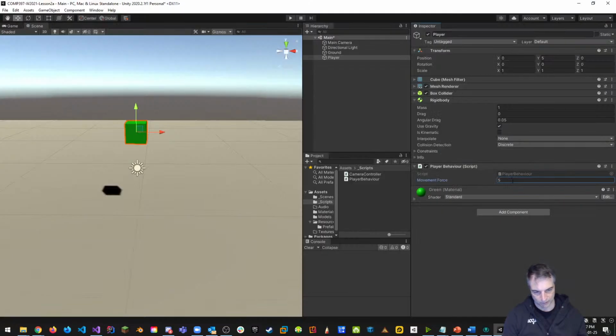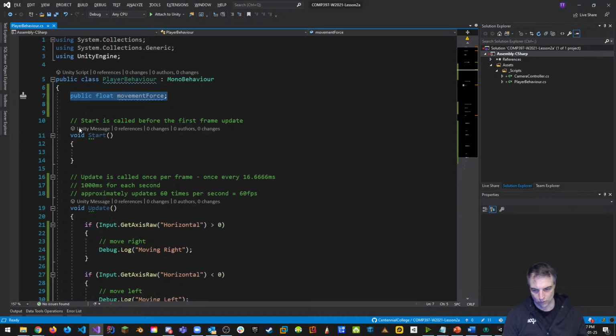All right, so it's public. We made it, and we added a value here in the inspector of 5. That's the default value. Cool. So now that I have this movement force, I want to apply a